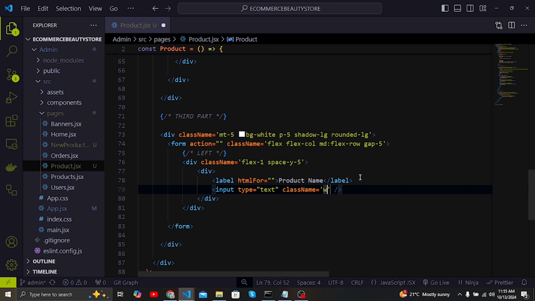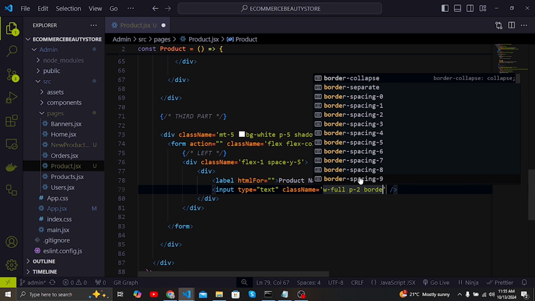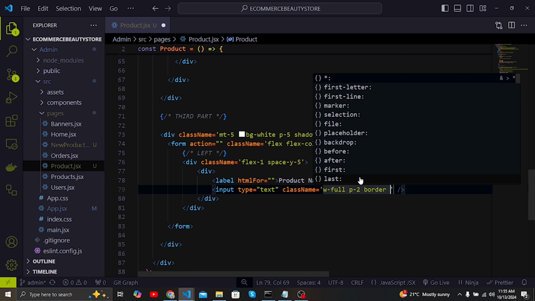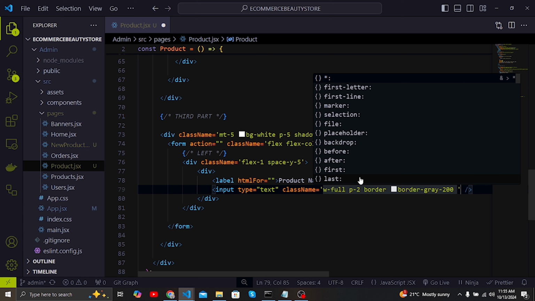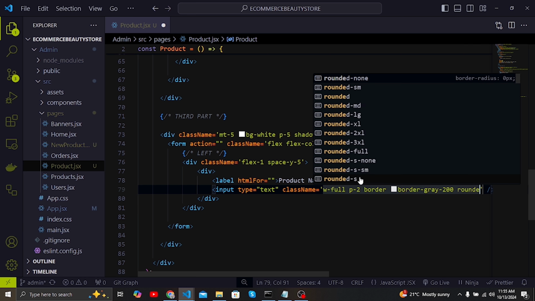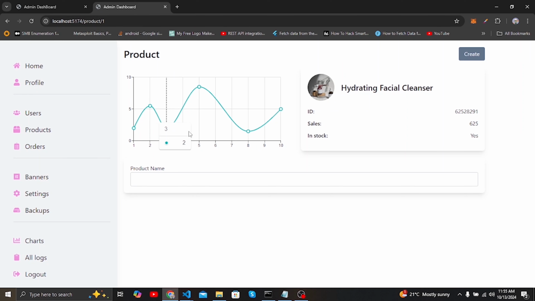So I'm going to give the width to be full, padding will be 2. I'm going to give a border. So border here, and I want to give border a color. So border gray of 200, and also I want to give it to be rounded, like that. But this one, I want to give a styling variation of 300, like that. So if I come back to my project here, you can see that we have this product